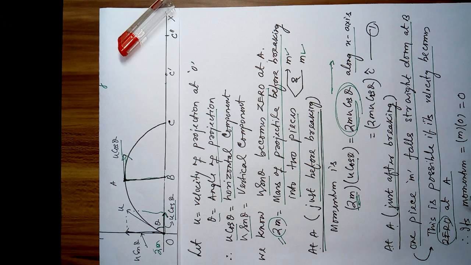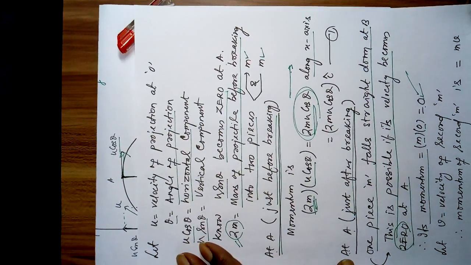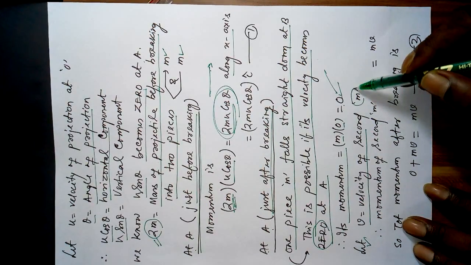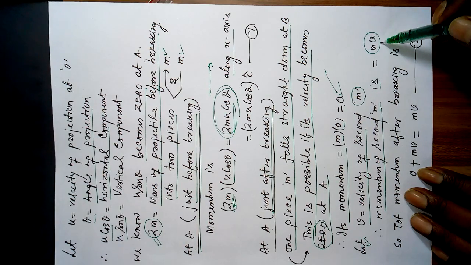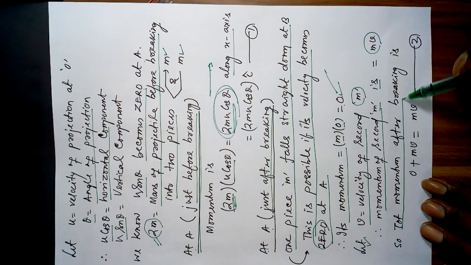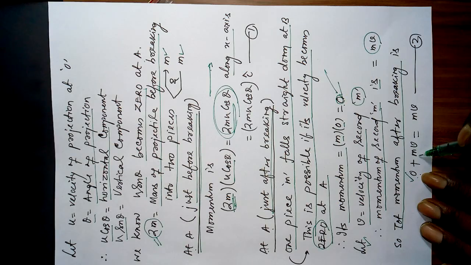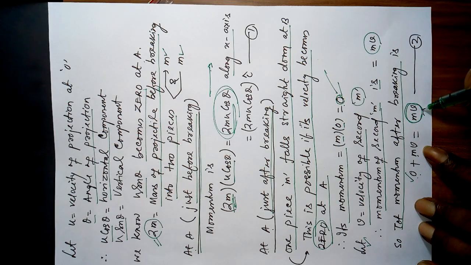Therefore, since its velocity is 0 at A, its momentum, mass into velocity, is equal to 0. For the one that falls straight down, now let V be the velocity of the second mass. So the momentum of the second mass M will be mass into velocity. So the total momentum after breaking is 0 for the first one that falls straight, and for the second one M into V, MV. So this is the total sum of the momenta of the two pieces after